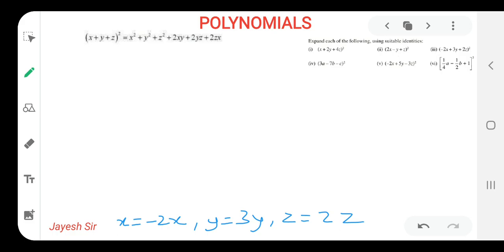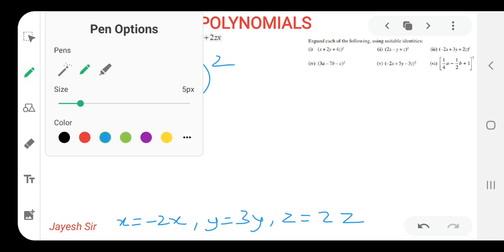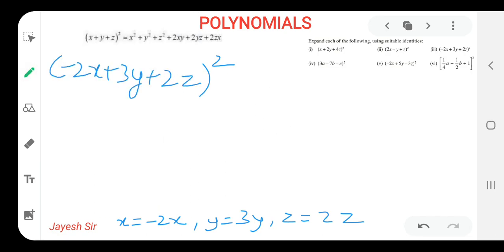Yes, how we have to find the value? Again, I'm telling it. -2x plus 3y plus 2z the whole square. So how I have assumed the value for x, I have tried to relate it with the question. -2x we have got the value like this, and value for y is 3y, and value for z is 2z. I hope you all might be getting it. In this way, I have assumed the value that you can easily assume from the given question. So let's begin with the RHS side of the given formula.